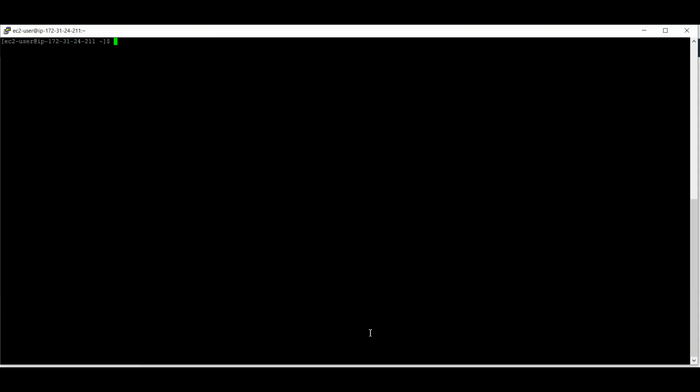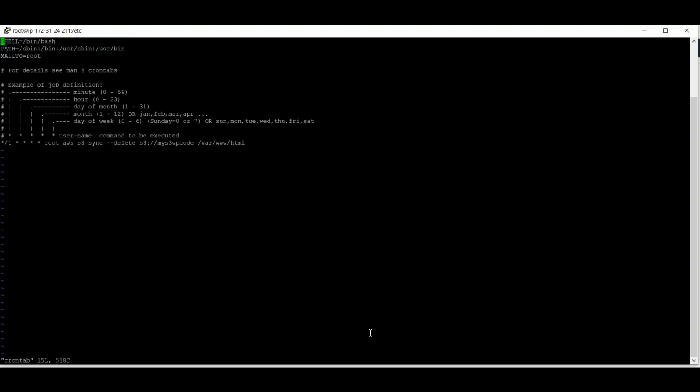Let me clear the screen, elevate my privileges to root, and then let's edit our crontab again. We got our reader nodes now. We will change the command as it's now going to be our write node, so we will be reversing it. What we need to do in here is